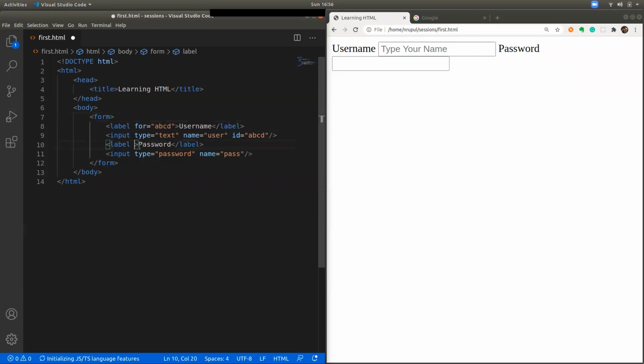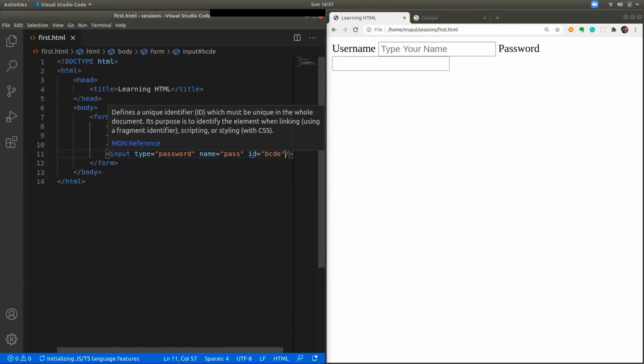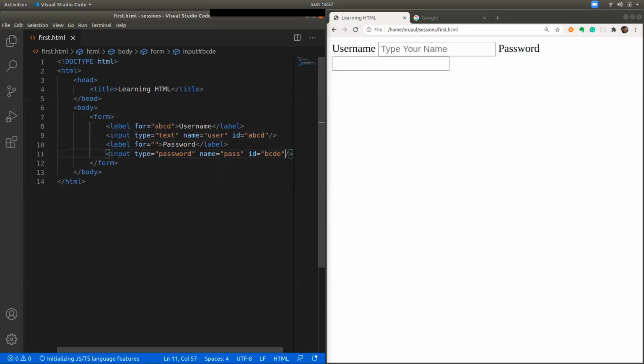Now the same is the case for password. Before that, let's give an ID to the password input also. ID is equal to, let's say, BCDE. I'm just giving some random values here. Again, these are attributes, key value pairs. The key is ID, the value is BCDE.